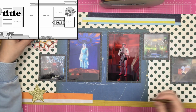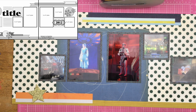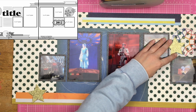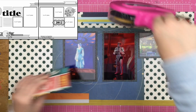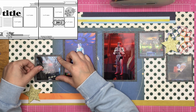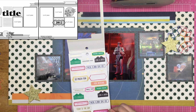Now this is a sticker. I don't know if it's the actual sticker or if it's just like the sticker outline of all the little triangle shapes from that field trip sticker sheet, but it's been in my Disney box for a little while because I knew I wanted to use it somehow on a Disney layout, and it ends up finally on this one. Now I am going to realize that BB-8 is on his side in a minute here, and I will change